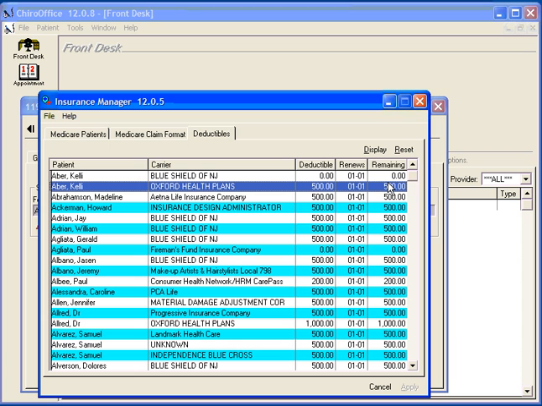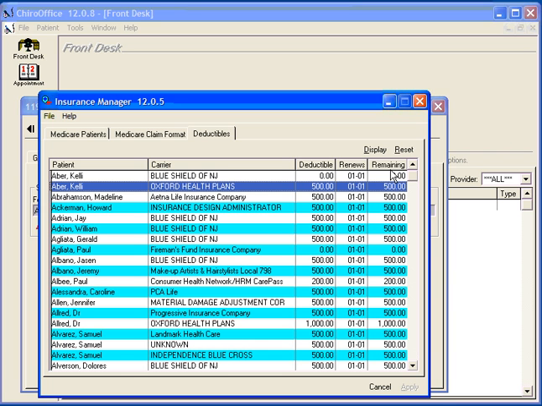Once again, let me reiterate that if you have the amount remaining and it is set to the full amount of the deductible and the patient is going to meet that entire deductible in your office, then you're going to be fine. However, if the likelihood is that the patients are going to meet at least some portion of the deductible in offices other than yours,